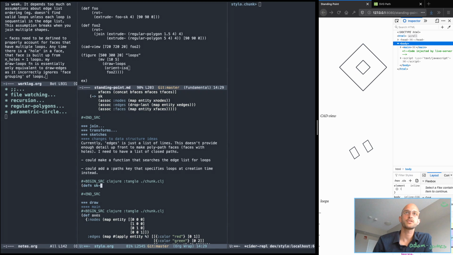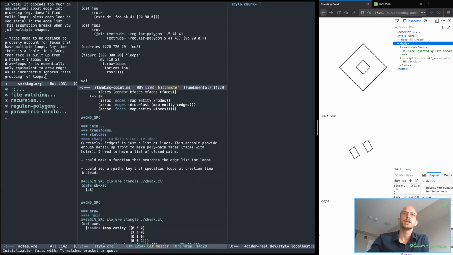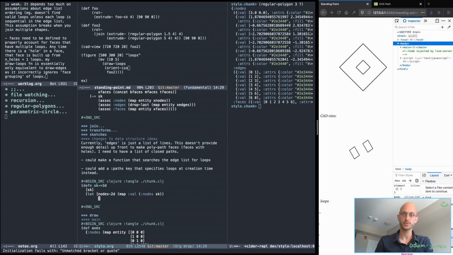Define sketch to 3D takes a sketch, which is a 2D element, right? So if I do regular polygon, radius 3, sides 7, it's nicely nodes and edges. So the edges don't have to change, but the nodes only have 2D coordinates. So all I have to do, let nodes 2D be map val onto nodes of the sketch. Then nodes 3D is map entity onto